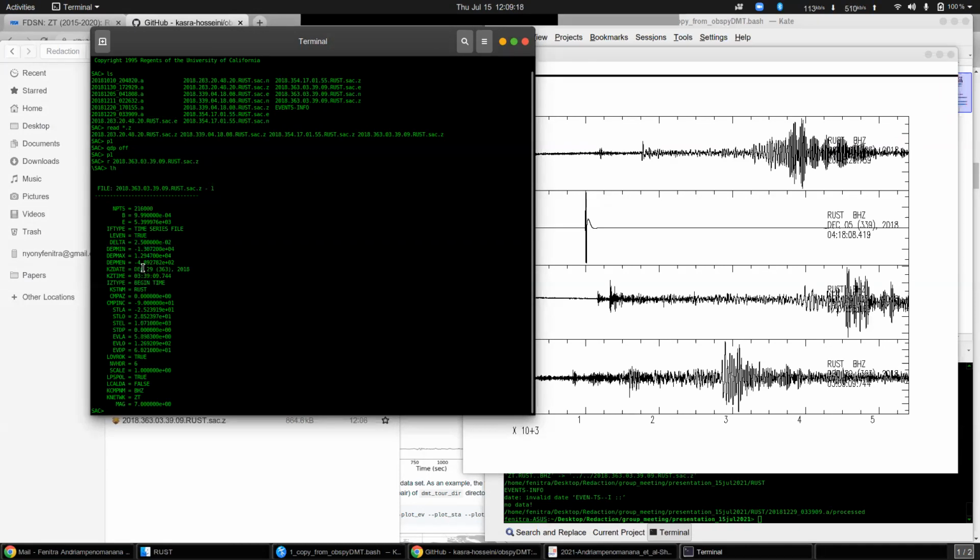You can also have the event date and time, the station name, the station latitude, longitude, and elevation, the event latitude, longitude, and depth. You can also have the station names, network, and even the magnitude of the event. So, ObsPy DMT I think it's the best